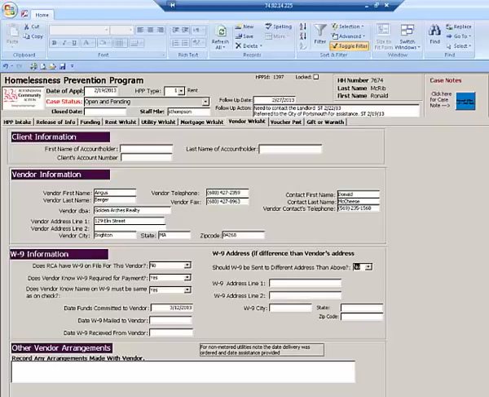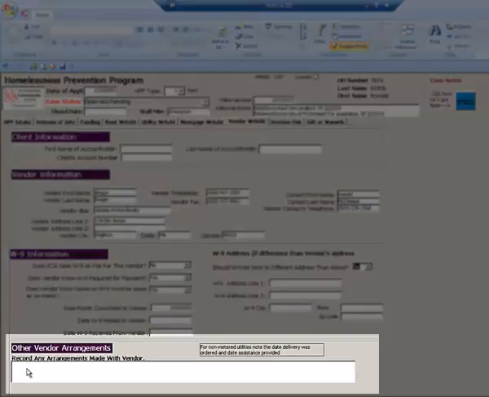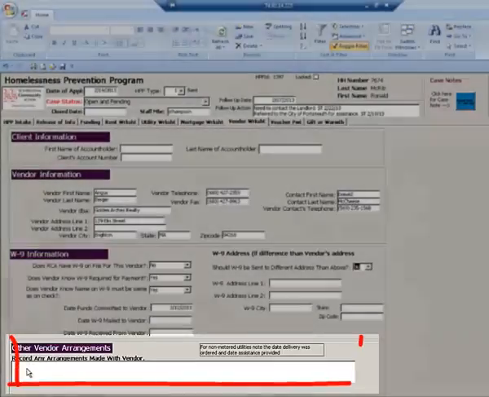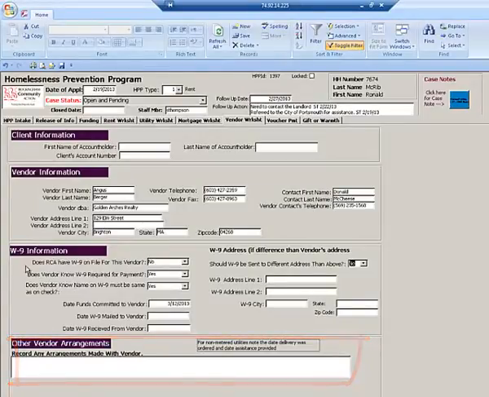And if they will do that, then you will make a note of that down here in other vendor arrangements. If they are willing to do that, then you also have to cover some of these questions about the